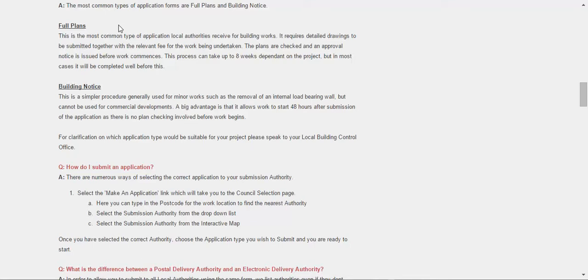It's the most common type of application local authorities receive for building works. It requires detailed drawings to be submitted together with a relevant fee for the work being undertaken. The plans are checked and an approval notice is issued before work commences. So this process can take up to 8 weeks depending on the project, but in most cases it will be